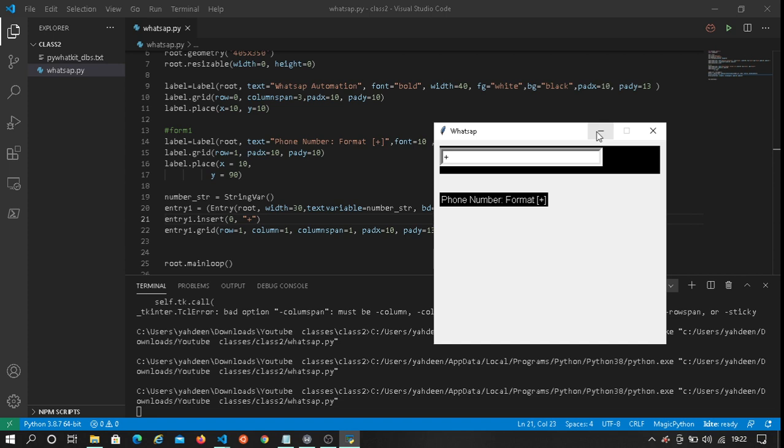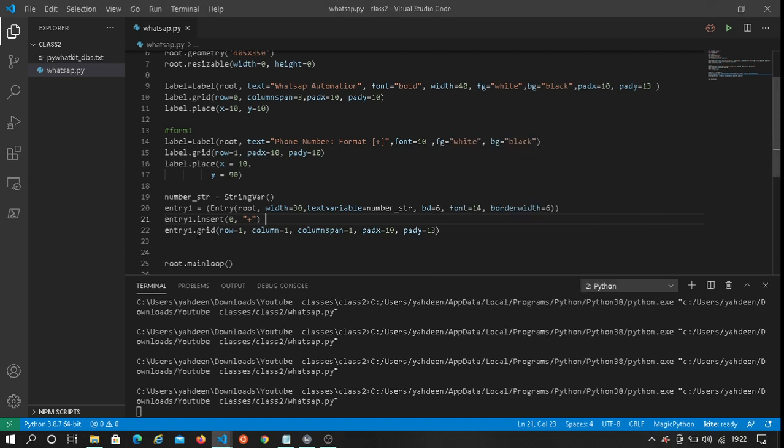So let's close it, and now we want to grid the entry box. That's where I wrote entry.grid. We want to place it in row 1, column 1, with a column span of 1, and pad x equal to 10 and pad y equal to 13.